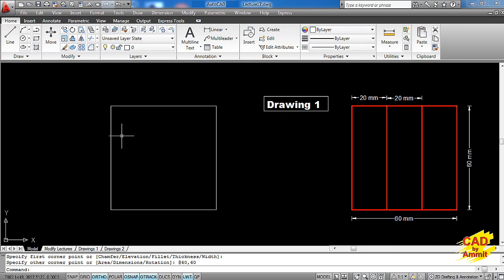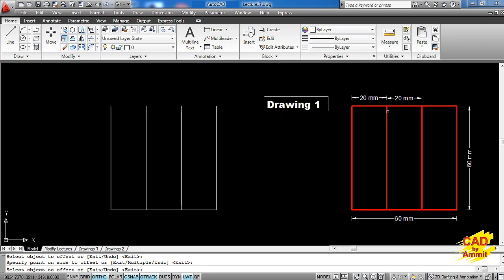So we go for explode command. The shortcut is X, enter. I click on the square somewhere and press enter. Now all the 4 sides of this square are separated out. And then we go for an offset command having a shortcut O, enter. The distance I want should be 20 millimeters. So I'll take the offset distance value as 20, enter. I'll select this left side, click here on the right hand side so that we get one offset line. And then we again select the same line. We again click on the right hand side to get another line. And the geometry of the drawing number 1 is over.